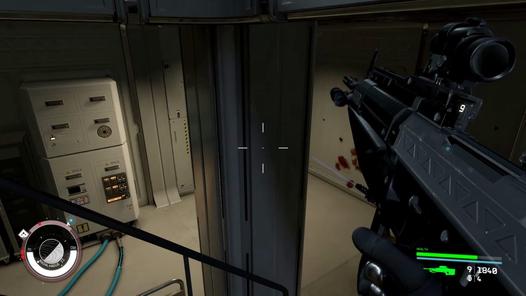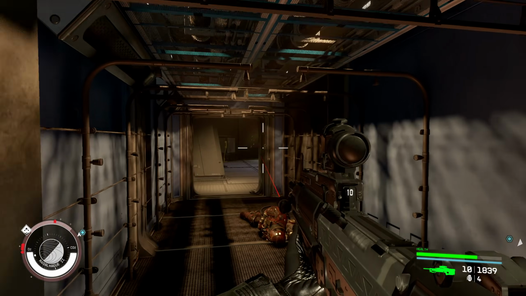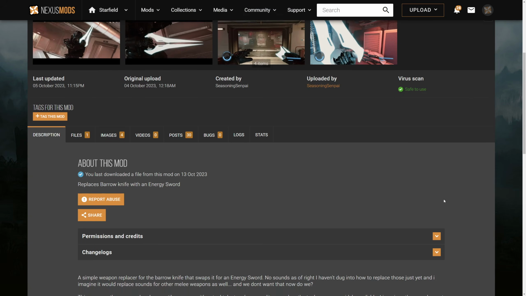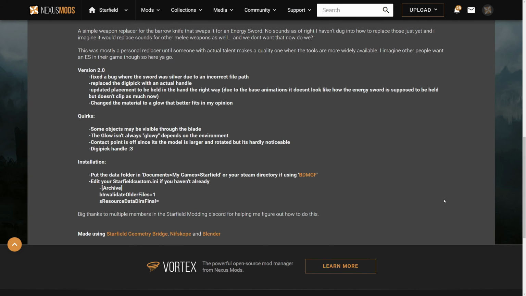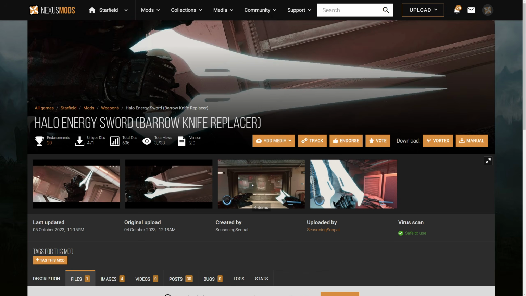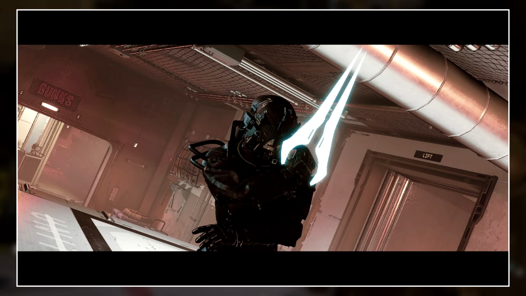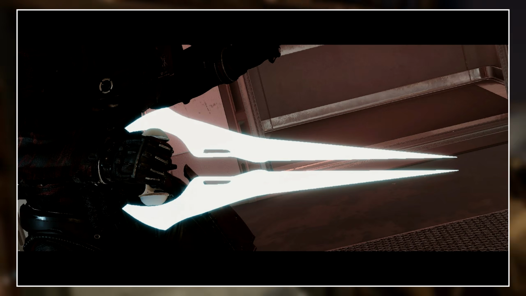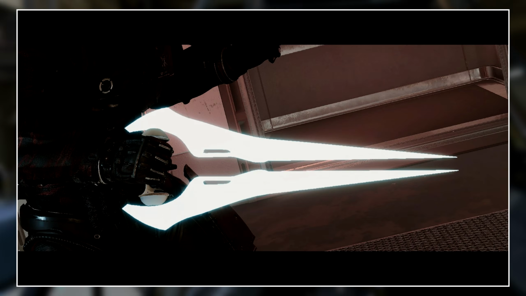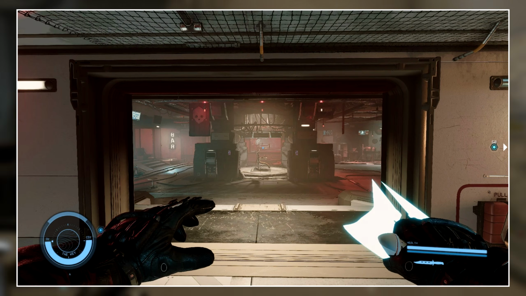And then finally, we have one last weapon that works surprisingly well, and this is the Energy Sword. And this replaces the Barrow Knife, which is one of the melee weapons that I don't think a lot of people would probably normally be using, so that's also a little bit of a plus. But this weapon does look pretty good. It's obviously a very recognizable weapon, and surprisingly, the Barrow Knife animations kind of work decently well with this, at least in first person. In third person, it does look a little bit weird, but in first person, it actually looks pretty decent,